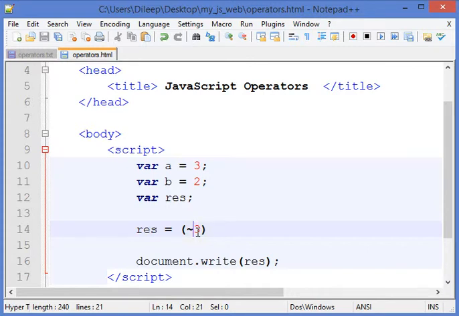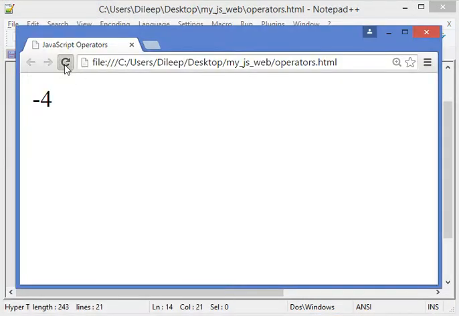But for the sake of this demonstration, you can see how the bitwise operations work basically. Okay, similarly to not, we can use bitwise and. Suppose a and b. So let's see what is the output now. If I refresh it, you can see it's 2,